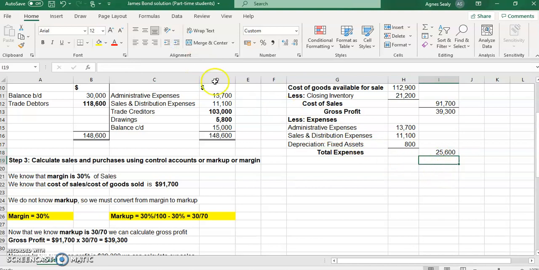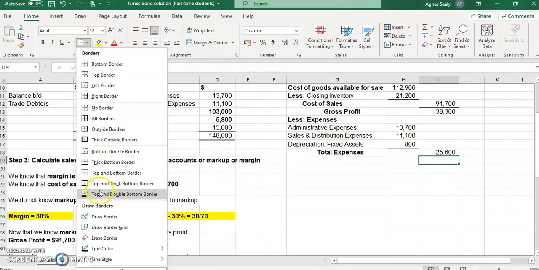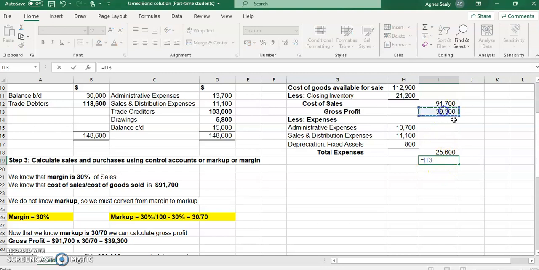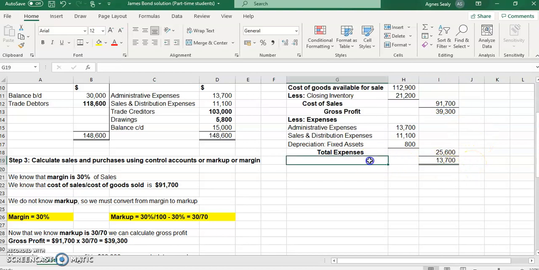So then what we're going to do is subtract our total expenses from our gross profit to give us a net profit. So $39,300 minus $25,600 gives us a net profit of $13,700. So that completes our